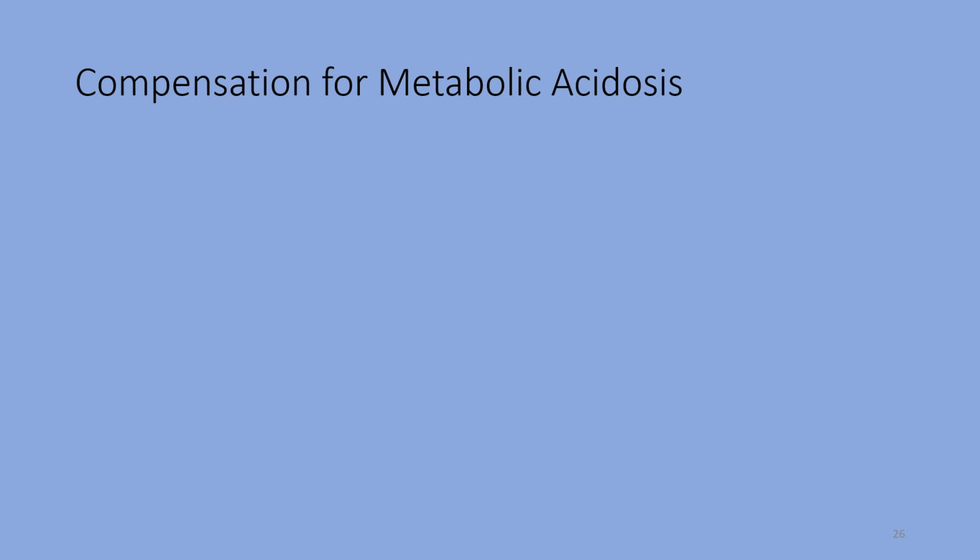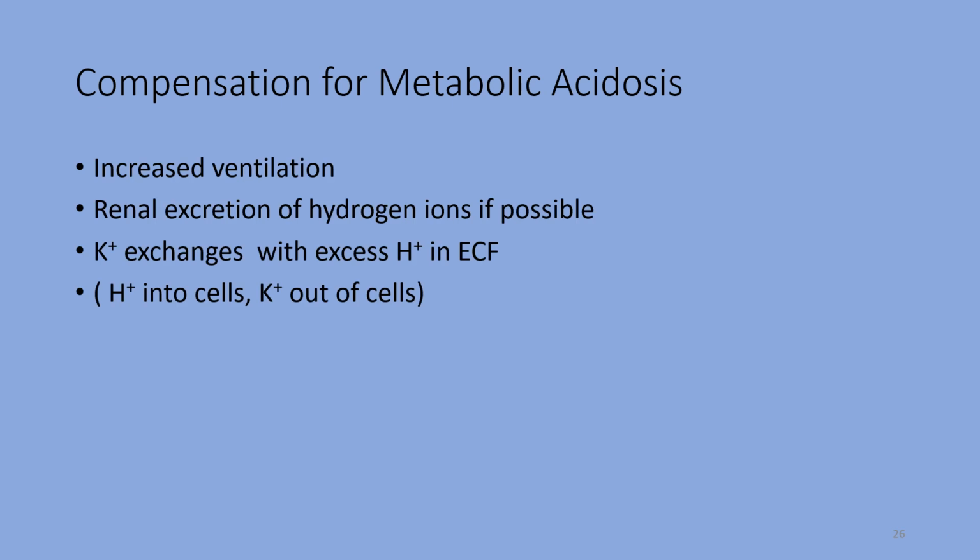Compensation for metabolic acidosis: increased ventilation, so carbon dioxide is expelled outside. The renal excretion of the hydrogen ion, if possible. Potassium is exchanged with the excess hydrogen ion in the extracellular fluid. So hydrogen ion is going into the cell, and potassium is moved outside the cells. That also favors maintaining the